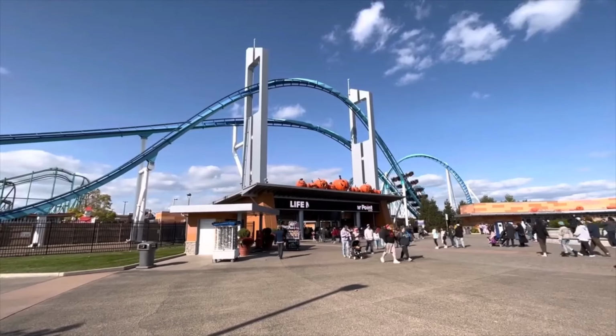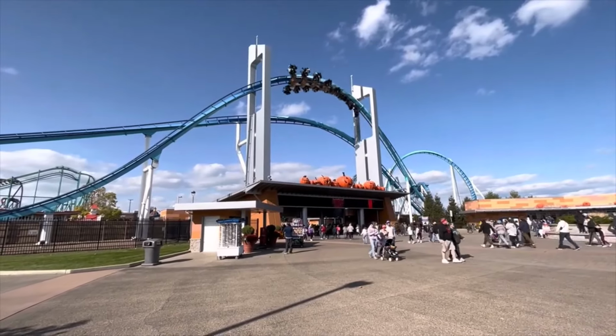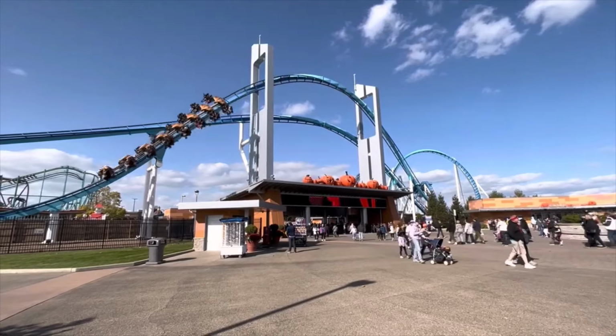Alright, now we're at the top 40 out of the kiddie rides besides roller coasters, and before we get to the top 40,